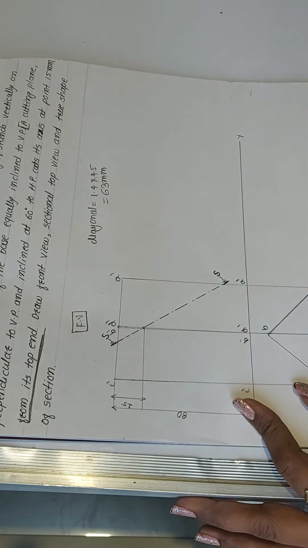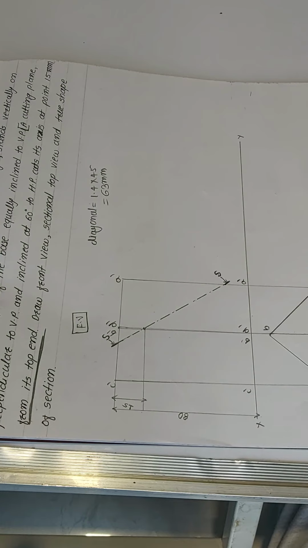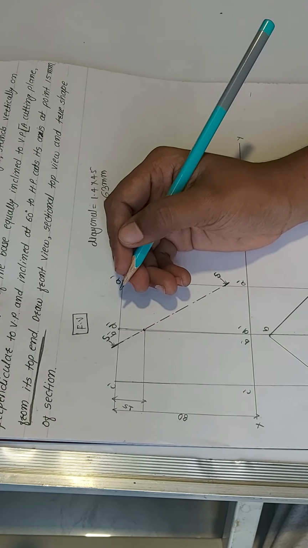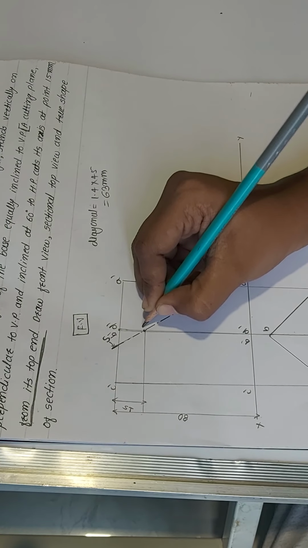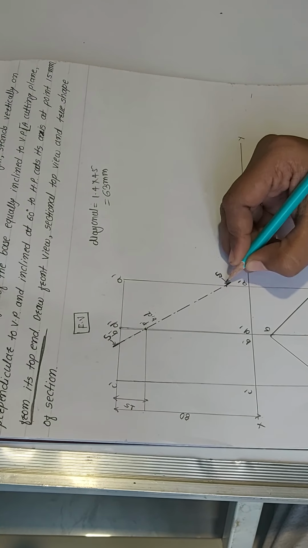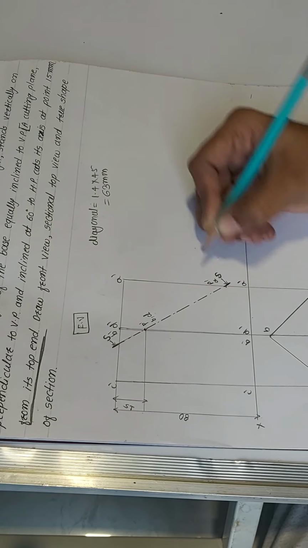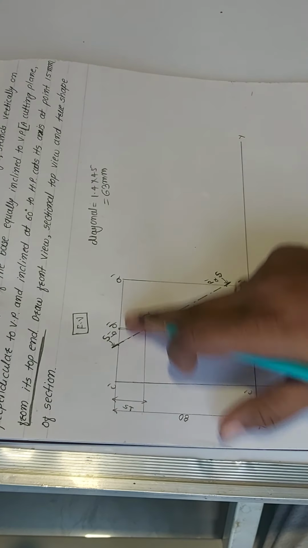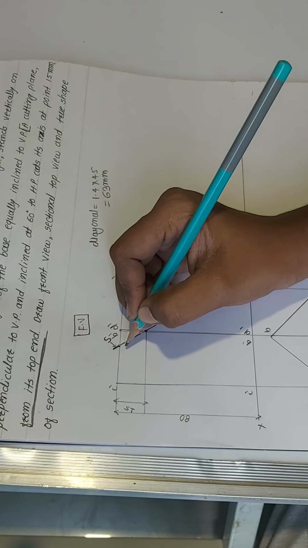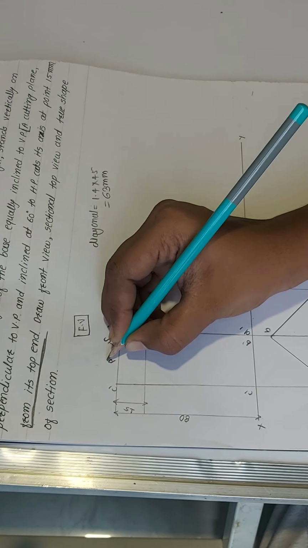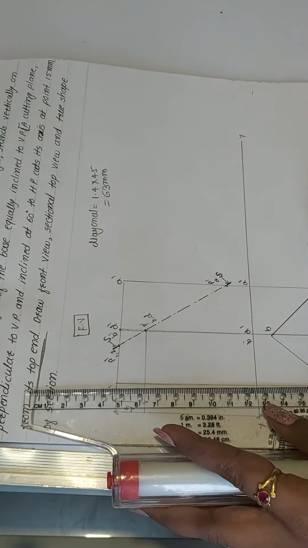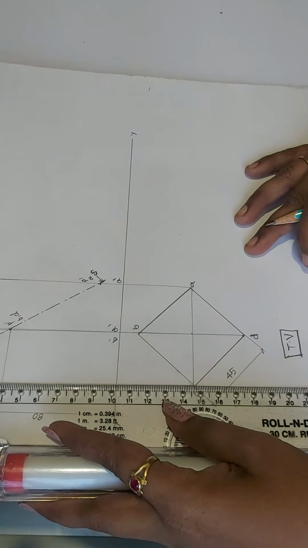Where does that section line cut? I label those particular points. Just like here, at the 15 distance on the center, this is the point P dash B comma D. Here on A dash I label P dash A, and here it cuts between C dash and D dash. So here we have to take an additional or extra point, shown as P dash 1 comma 2. So transfer this P dash 1 comma 2 to your top view